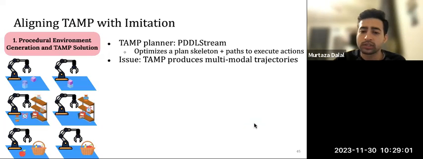One of the interesting things is that TAMP produces very multimodal trajectories. And this is primarily because of the sampling algorithms that I just mentioned. The grasps are randomly sampled from the ACRONYM dataset. The placements are randomly sampled based on the receptacle. The inverse kinematics itself is a bit random as well. And the motion planner is random because it's using a variant of RRT.